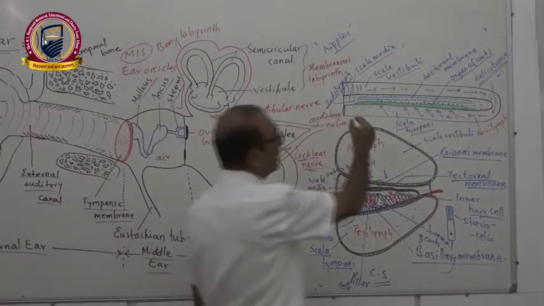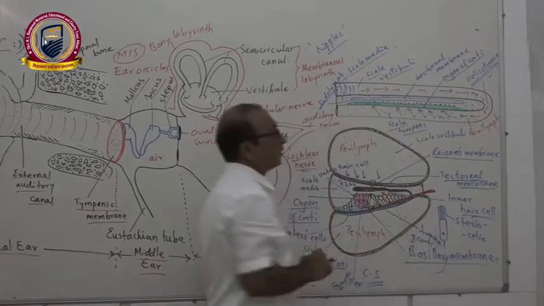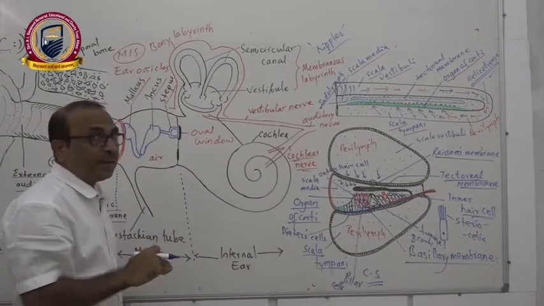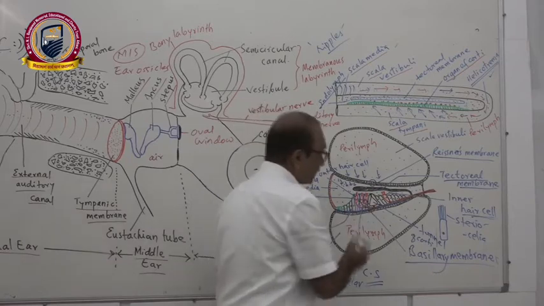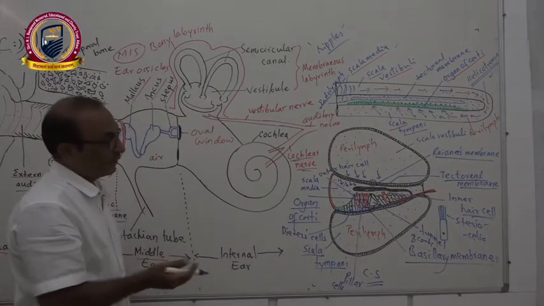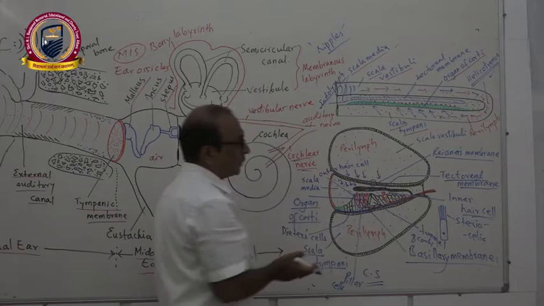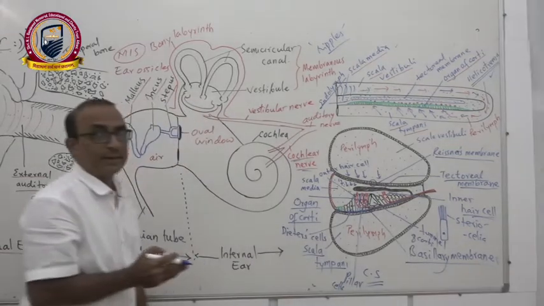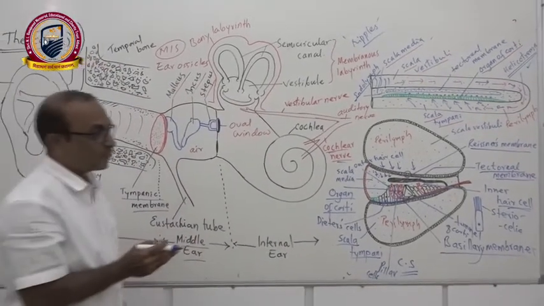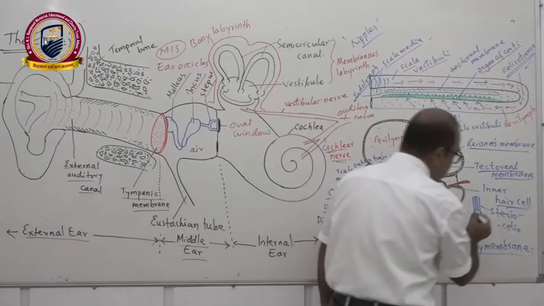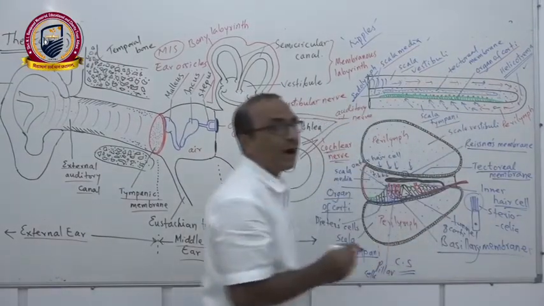So as the basilar membrane is moved, that makes the hair cells press onto the tectorial membrane. When this happens, the stereocilia are disturbed